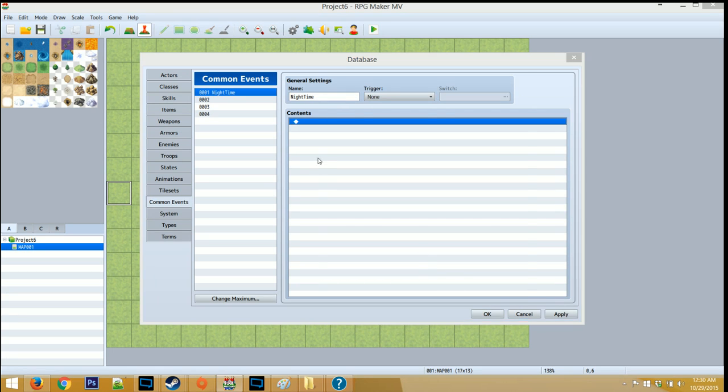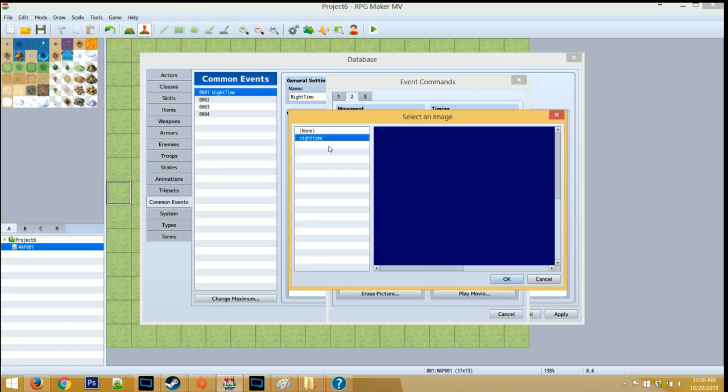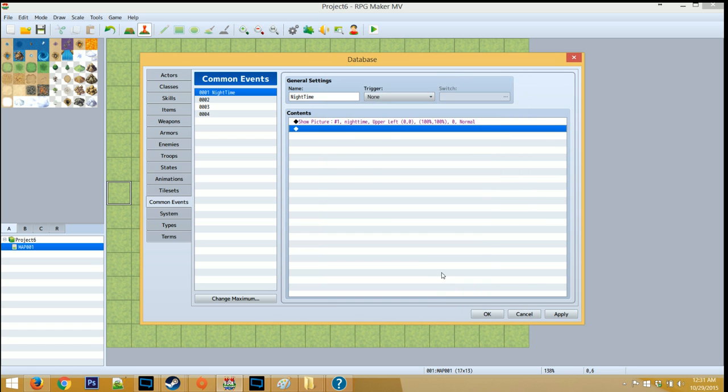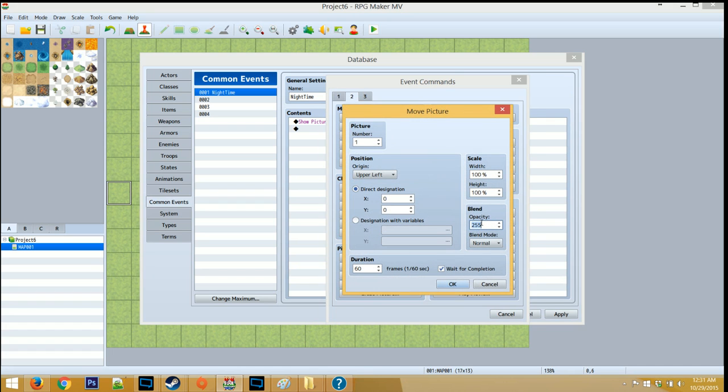Let's start this common event by double-clicking, click on Show Picture, and let's show our nighttime image. Change the opacity to 0. This will basically make it transparent. Now let's make another event right under it. Move Picture, change opacity to 100, and change the duration to 2 seconds or 120 frames, and uncheck Wait for